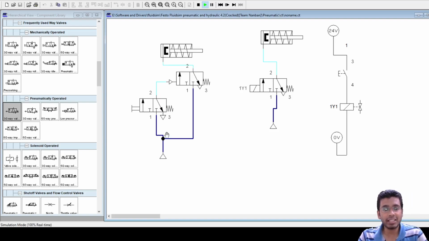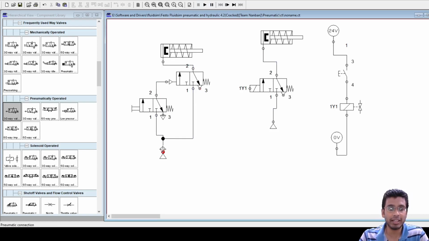Fine. Technically speaking, if you go for an indirect control, you actually have two different types of compressed air sources. Why? I told you maybe this cylinder is very large, which requires a heavier force to shift the valve.